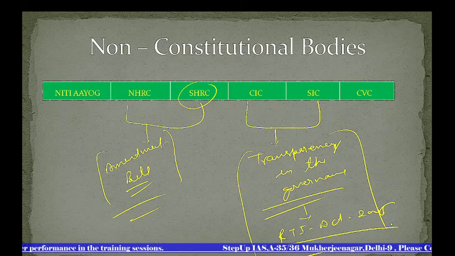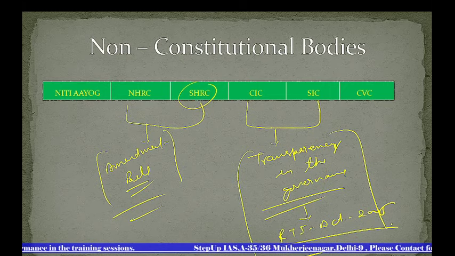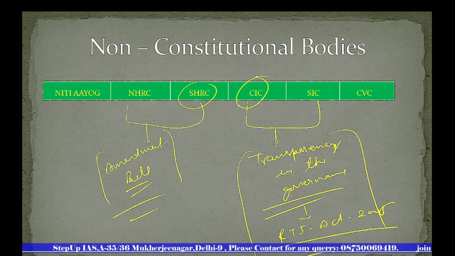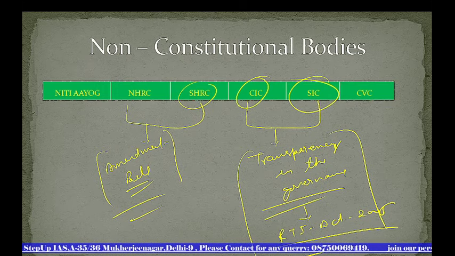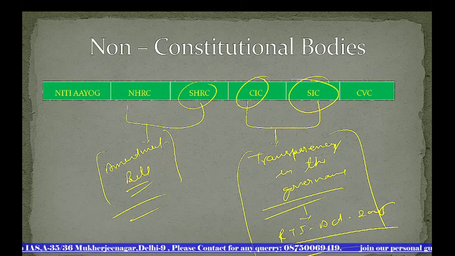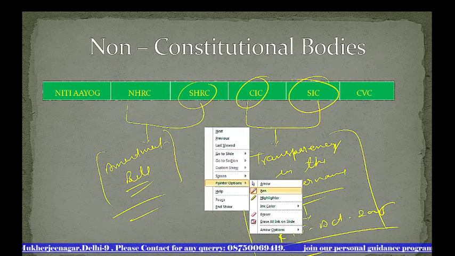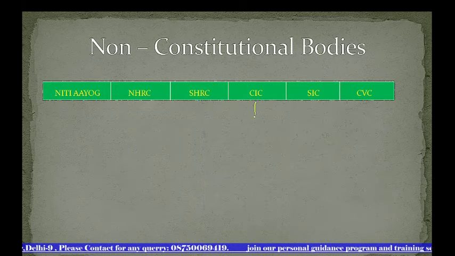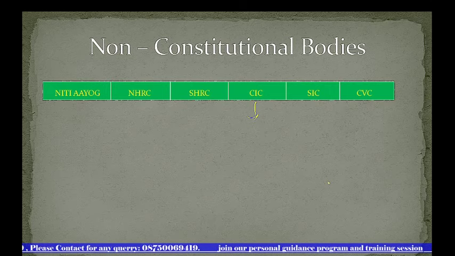And if information which is being searched by the people, if anybody is not giving that information easily, then they can complain for the central officer, they can complain in CIC, and for the state matters, people can complain in the State Information Commissioner's office. So this is important post, and some amendment has been introduced with the appointment procedure of the CIC, and that's why there is a lot of hue and cry in India.